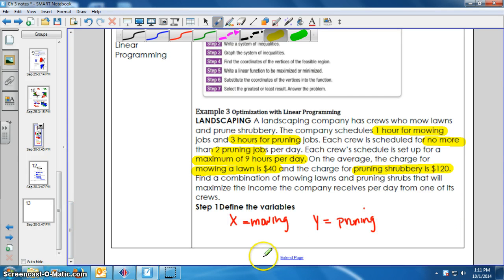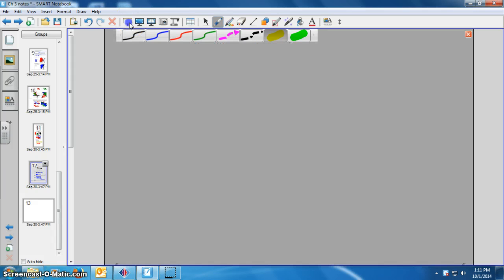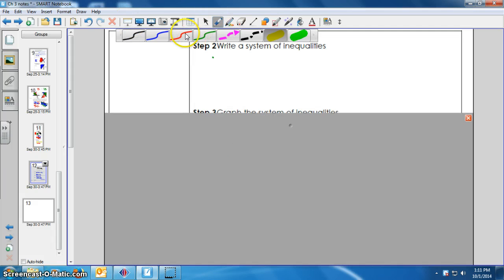All right, so first just define the variables. So I'm going to pick an X and a Y. I'm going to pick mowing since it's first, just give that the X, and Y for pruning. All right, our next step is going to be to write our equations. So let's go ahead and write our inequalities. So we had the mowing as 1 hour and the pruning for 3 hours. So I'm going to have a 1x, or just an x, and 3 hours for the pruning, which was